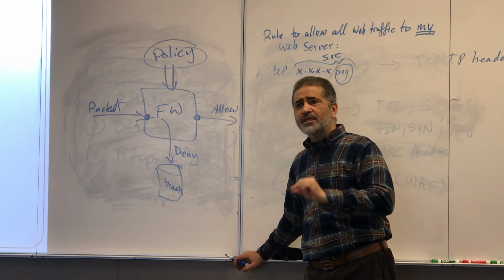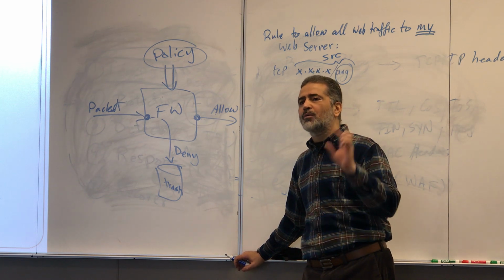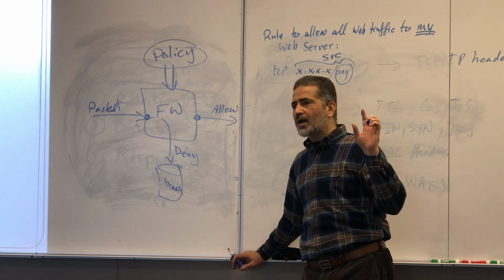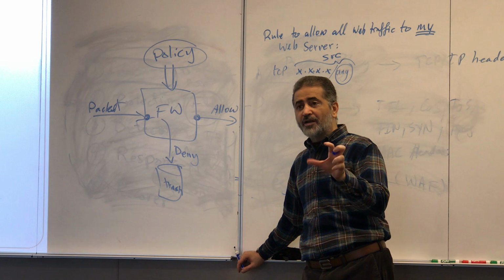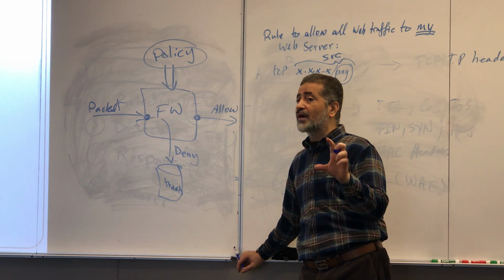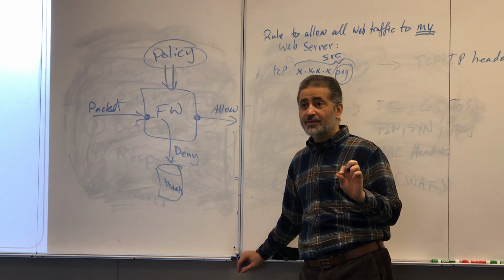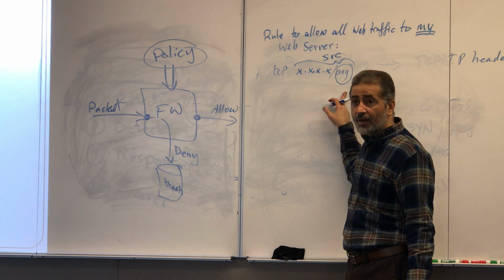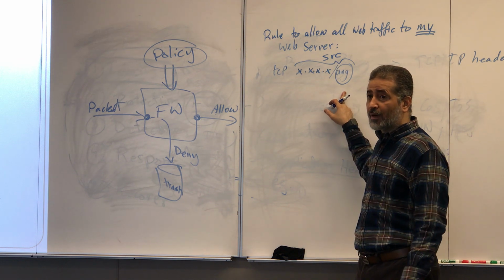But clients could come from any random port numbers. We call them ephemeral port numbers. They are non-restricted, but they are within a range which is above 30,000. From 30,000 to 65,000, that's the range where browsers can select ports from. So this is why I cannot put that port number here, because I don't know what the port number of your browser is.